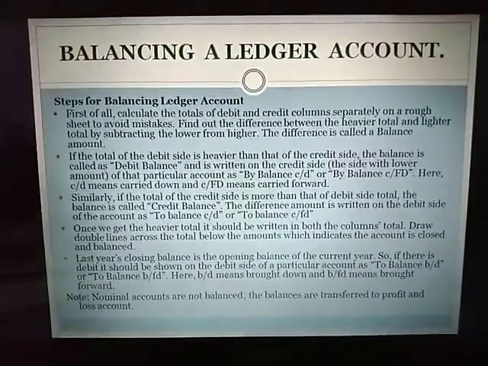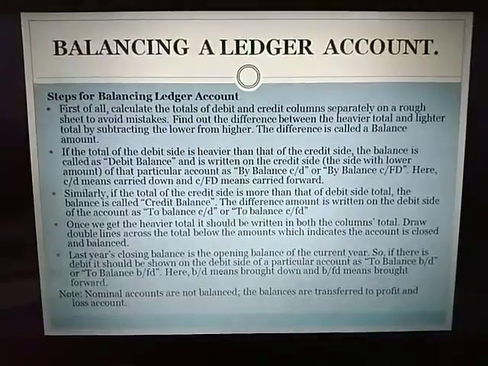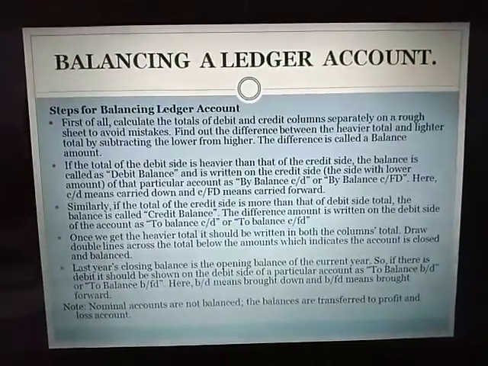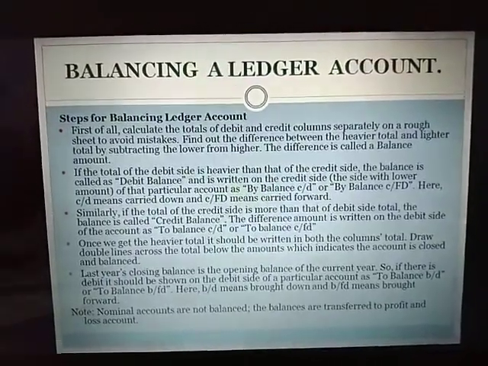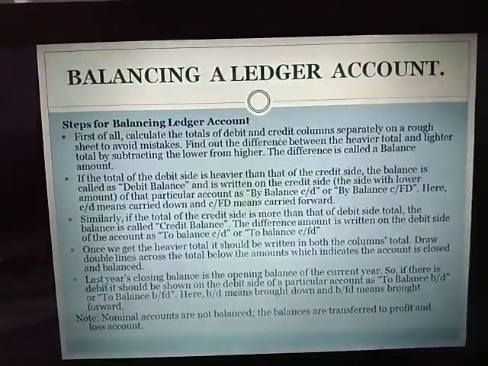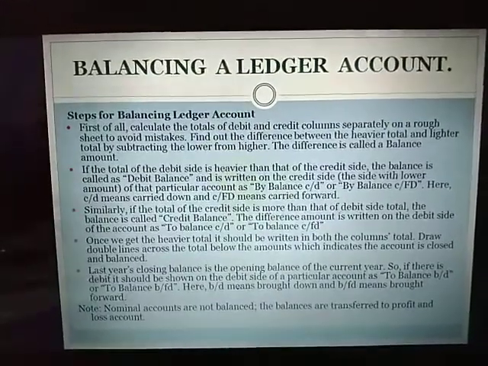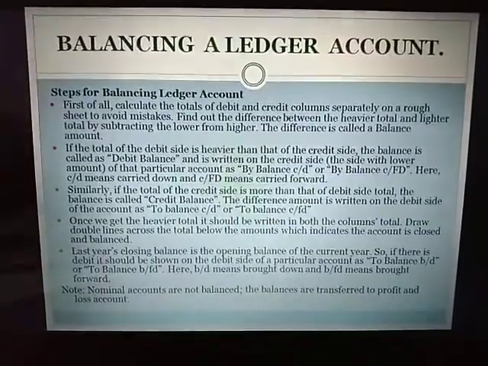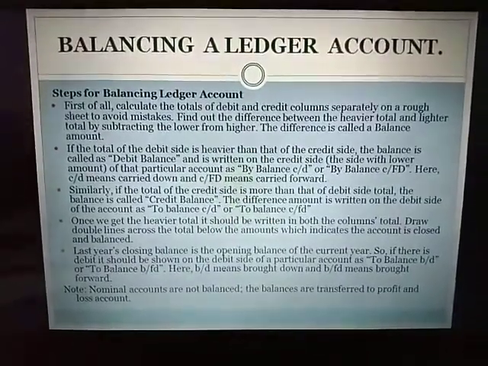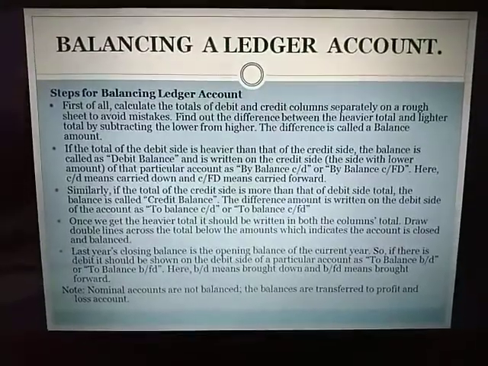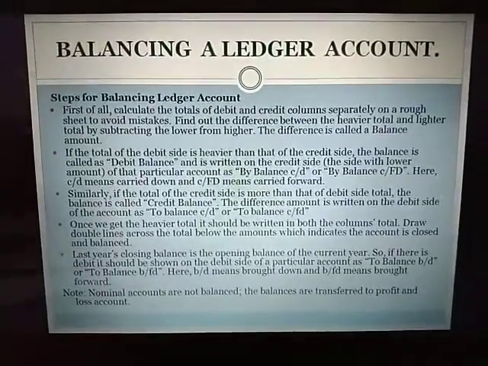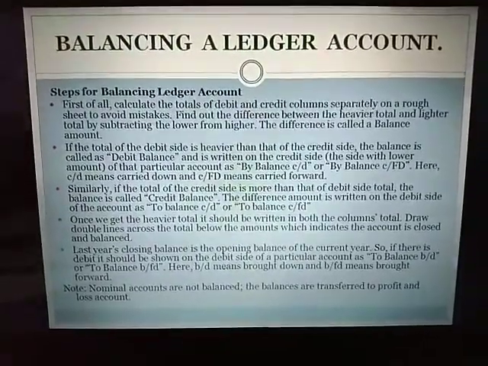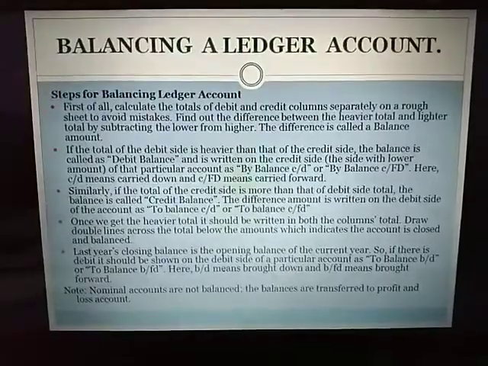Okay, now in case of nominal accounts, we do not write "By balance c/d" or "To balance c/d". Whatever is the difference coming in both the sides, if it is to be put in the debit side we'll write down "To profit and loss account", and if the balance has to be put into the credit side we'll write it as "By profit and loss account". So this is just an exception in case of nominal accounts only. For other accounts, real account and personal account, we don't use the profit and loss account. We'll simply use the words "By balance c/d" or "To balance c/d".